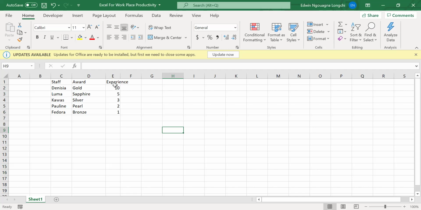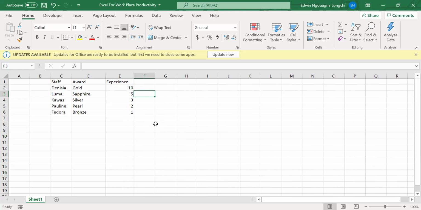Some people say that when they type their data, it crosses like this. They don't know what to do. When you type your text and it crosses to the other column, you just simply come here and place your mouse in between the two letters where you see this line. Once you place your mouse, it will turn into a double arrow. Can you see that? Then I'll just click and drag. So I open it. There are other things we're going to see. You can wrap your text, a lot of nice things.